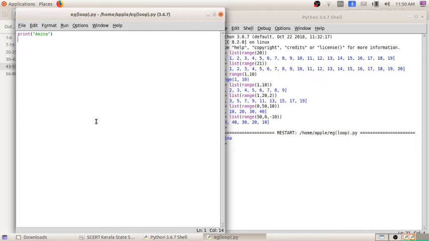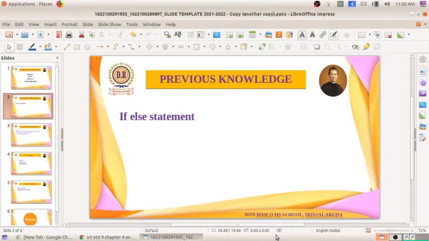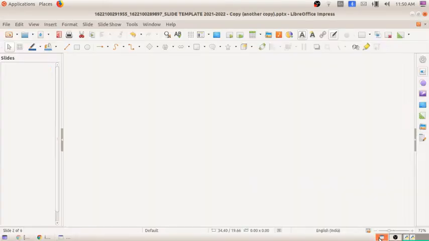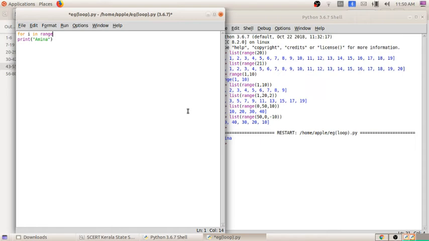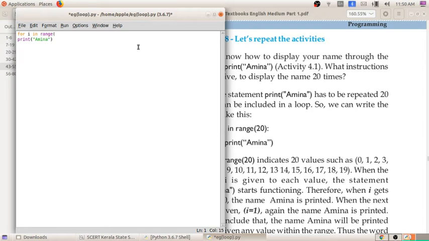Here I am writing for i in range. You can see here, for i in the range of 20, we have to put a colon.